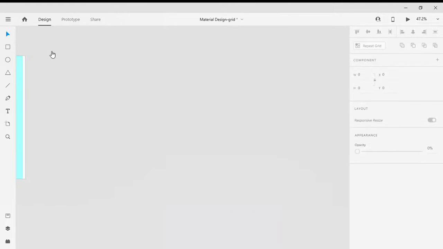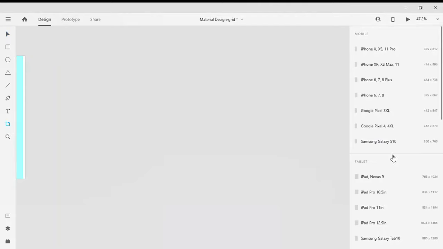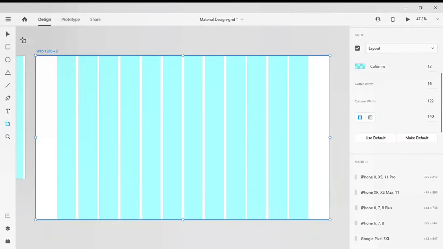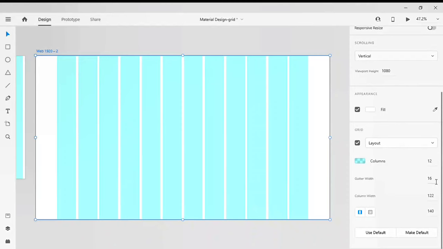So let's check the fixed grid system for 920. Click on the artboard, select the 920 resolution, go to your grid values, turn this gutter width to 24. So let me tell you something, if you want the offset margins on the right and left of your 12 column grid, you have to multiply your 24 by 4. Let's do some math. Multiply your 24 by 4, you will get 96 on the right and left as your outer margins.